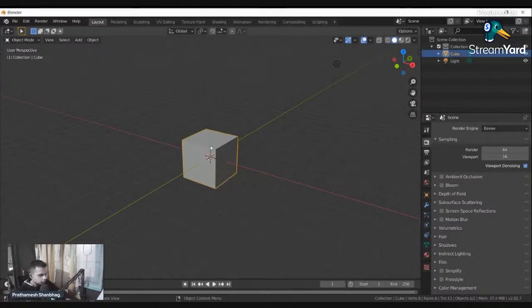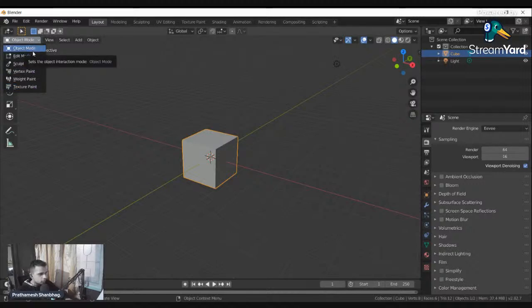So first, I'll give you a breakdown of certain things like shortcuts. First, this is what you call object mode and edit mode, sculpt mode, vertex paint, weight paint, texture paint. These are all different modes that you can switch between to see the object change as well. What we'll be concerning ourselves with is object mode and edit mode.